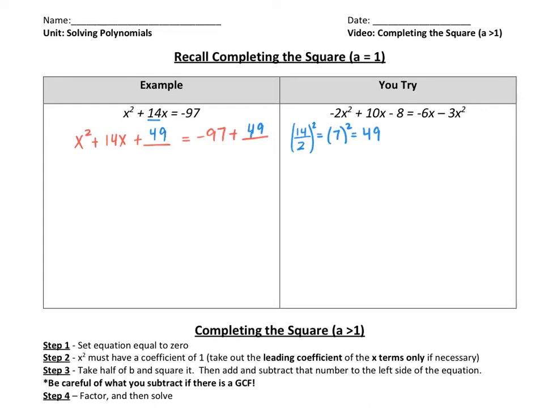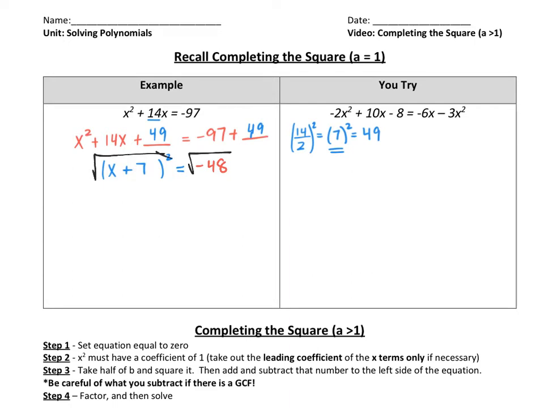Okay, now we're going to factor this trinomial here. Now, because it's a perfect square trinomial, we know that we could write it as something squared. And remember that it's always this half piece that gives us the value that goes in here. So this is just x plus 7 squared. And then on the right side, all we have to do is add negative 97 plus 49, and that adds to a negative 48. So now we're going to solve, and remember we solve by taking the square root of